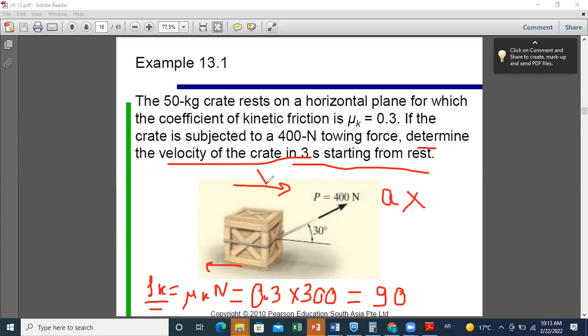So the next step will be to determine what is ax. The motion here is only in the x direction. When I get ax, I can integrate it to get v and solve for my velocity after 3 seconds. Okay, now to get ax, what should I do? I should apply Newton's law along the direction of motion. So I just have to write sum of x equals m ax. And now if I project forces along ax, I have two forces along ax. The projection of P, which is P cosine 30, and my